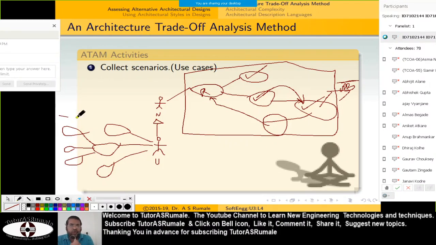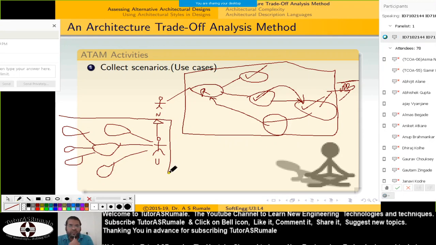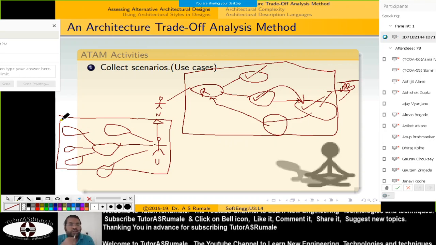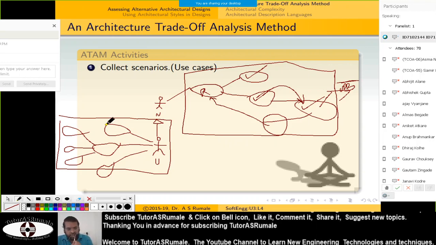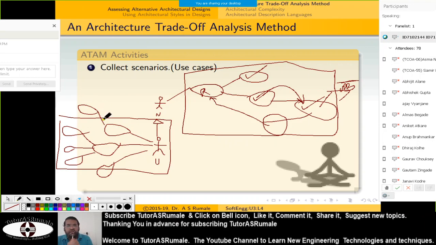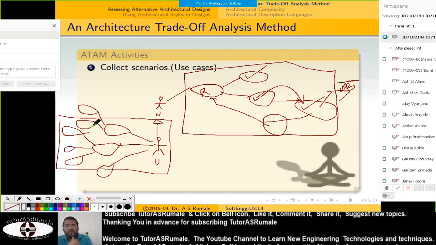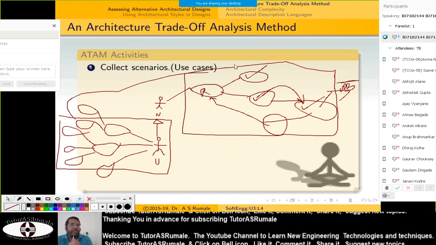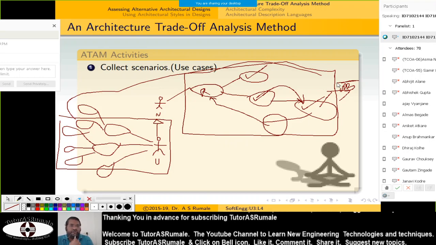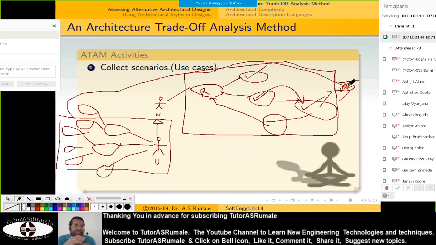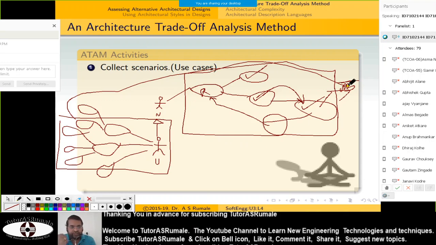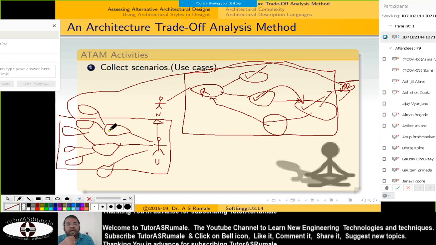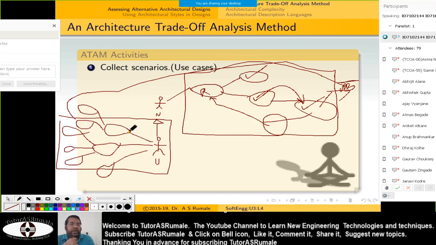So this is the second scenario of the system, and that scenario says that once a user is registered, the user does these things. If you have login, you are required to have the username as one use case, the password as one use case, and password checking is required, and messages are sent. This password checking actually extends to the user database. So here you have two use cases collecting the scenarios for trade-off analysis. Each module, the registration module, login module, and browsing module, is well explained by these use cases.